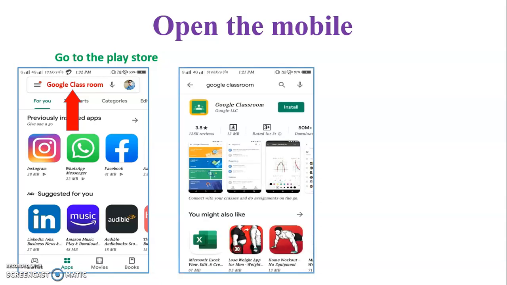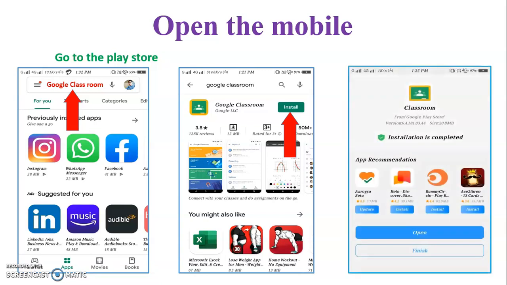After that, you will get this window. In front of Google Classroom, there is an install button. You can install by clicking on the install button. After that, this window will open, which means you have installed Google Classroom.